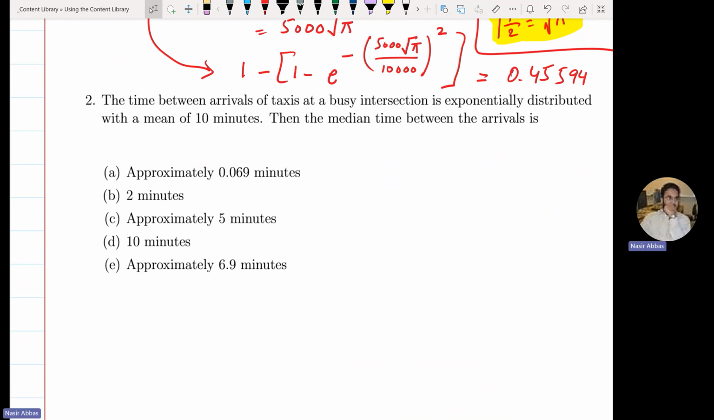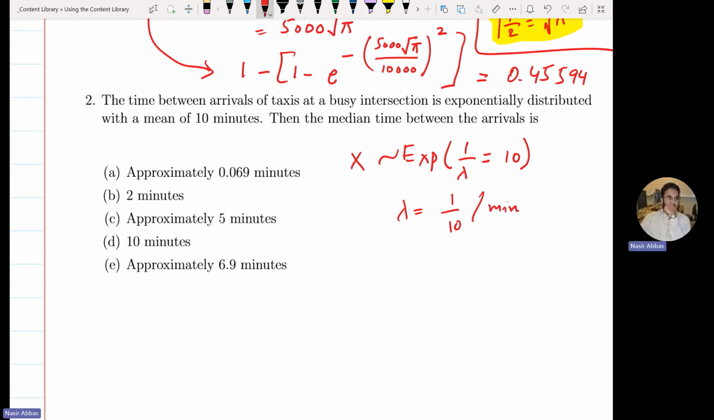Second question, this says that the time between the arrivals of taxis at a busy intersection is exponentially distributed. Again, this is a question from chapter 4, exponentially distributed. So you have X that follows exponential distribution with a mean given. What is the mean of exponential distribution from the formula sheet? You have 1 over lambda. So 1 over lambda is given to you, not directly lambda. Mean is 10, which means lambda is